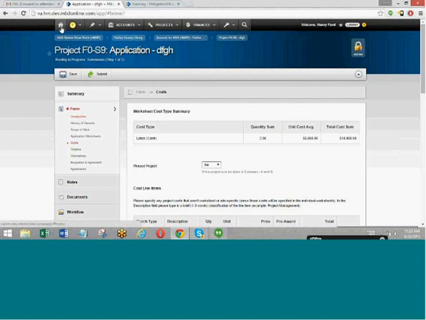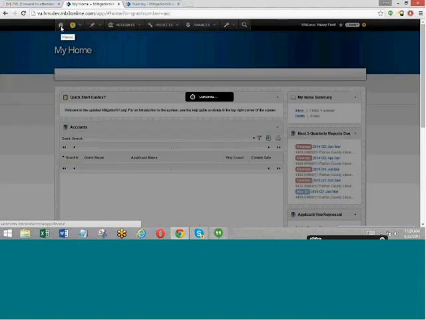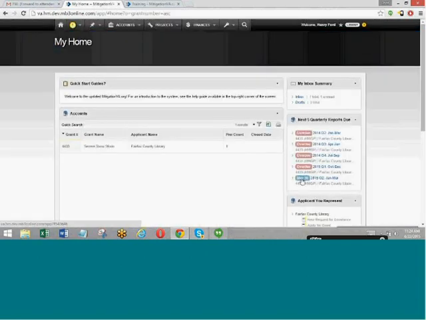I'm quickly going to jump back to my home screen because I would just like to show you a quarterly report. Let's go to this one that is due. As you can see, some of them say overdue, and then this one says May 30th. It means that this specific quarterly report is due May 30th. So it will give you the date that it's due by. So I'm just going to click on that quarterly report.